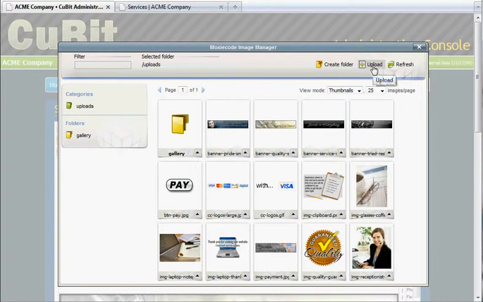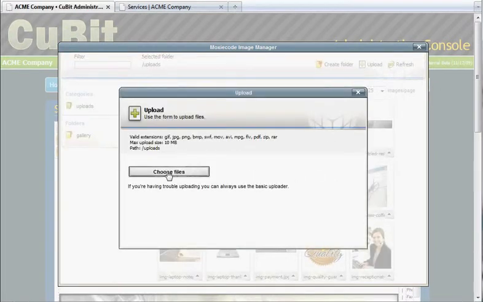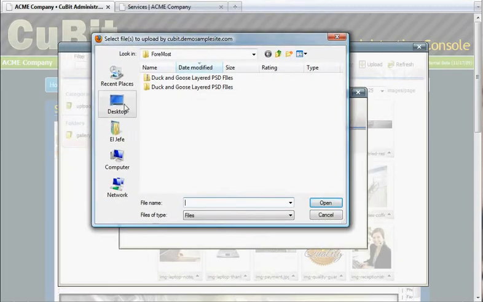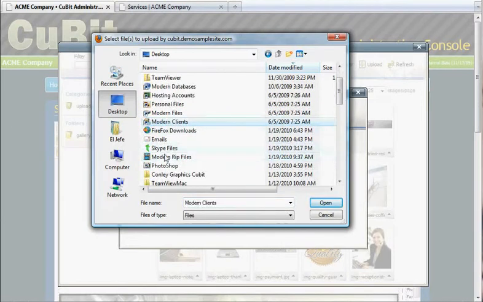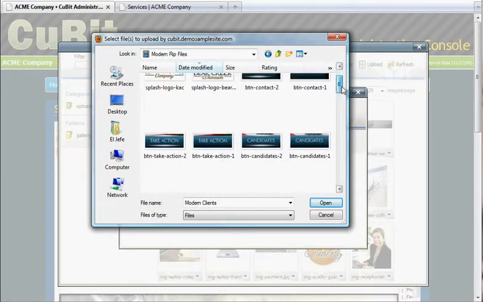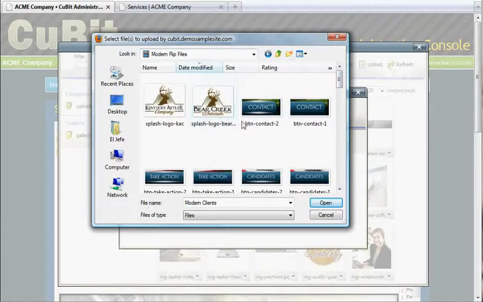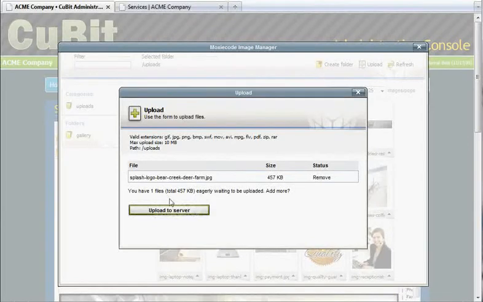So in that case, you'll click the Upload button, and then the Upload window appears. You'll hit Choose File, and it'll go to your computer. In this case, my window is fairly large, so I'm going to shrink that down. You want to go to your Images folder, wherever you want to choose images from. In this case, I'm going to go ahead and choose a logo that I have done for a friend of mine. And once you've chosen the image, go ahead and hit Upload to Server,